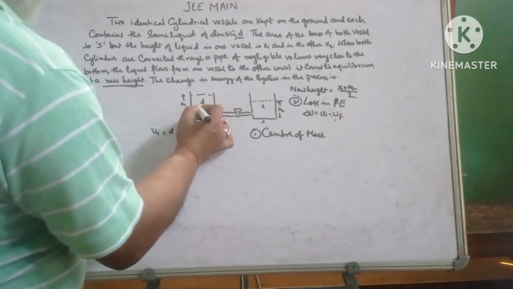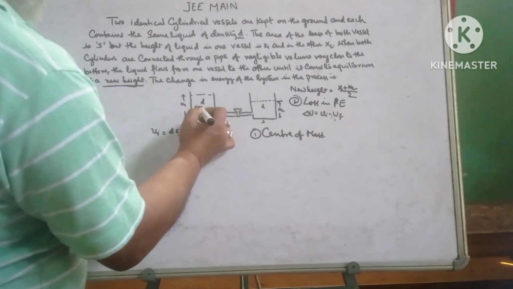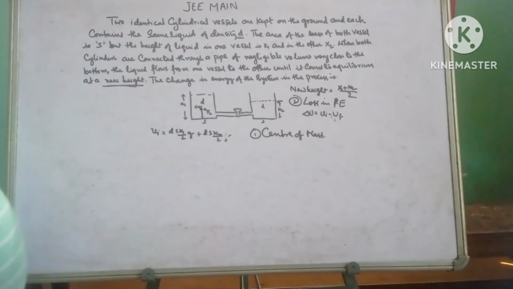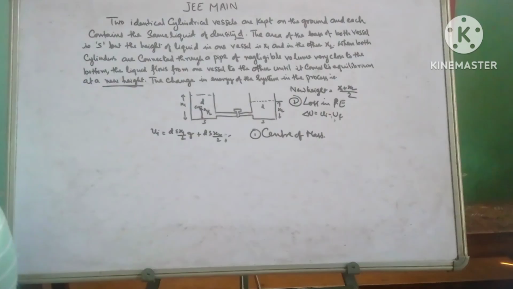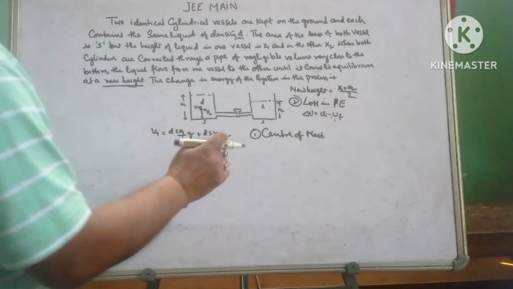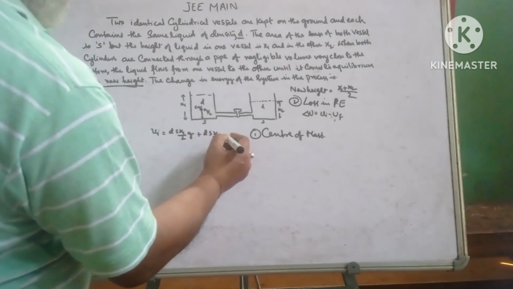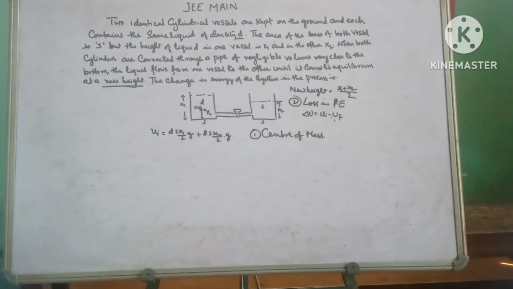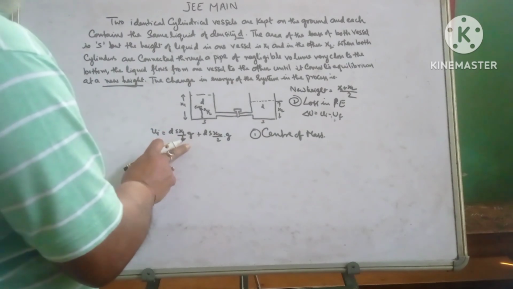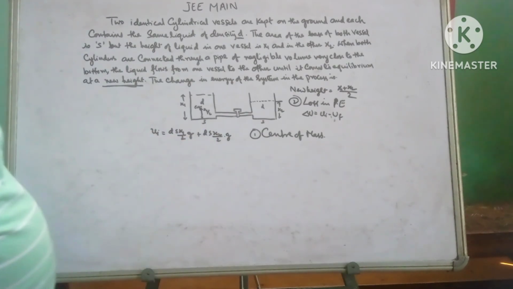You have already studied center of mass: the whole mass is considered concentrated at a point. So the height will be x1 by 2 into g, plus this is density into volume, which is mass. This is your initial